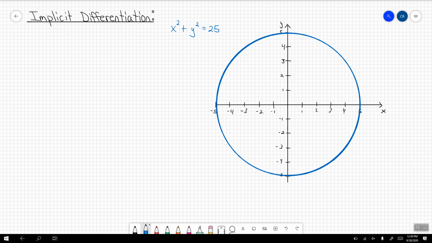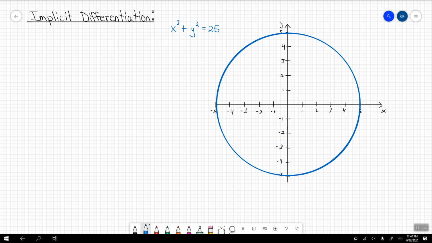So far, we've known how to take derivatives for functions. As we've been working through the previous chapters, we've been building this whole concept of taking a derivative for a function. What we want to do now is ask, can we take a derivative without actually solving for a function? In order to illustrate this, I have the equation of a circle here, centered at 0, 0, with